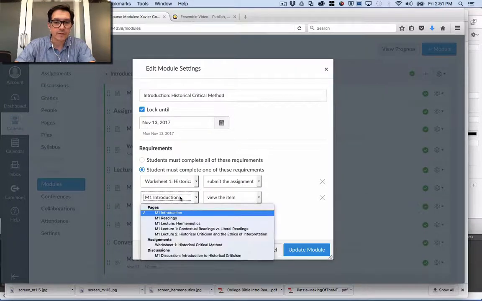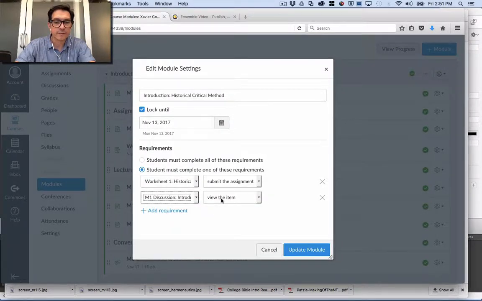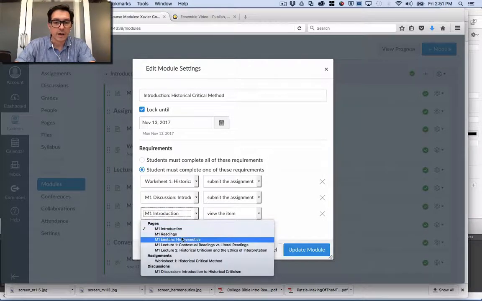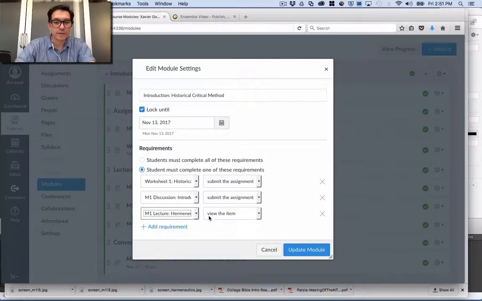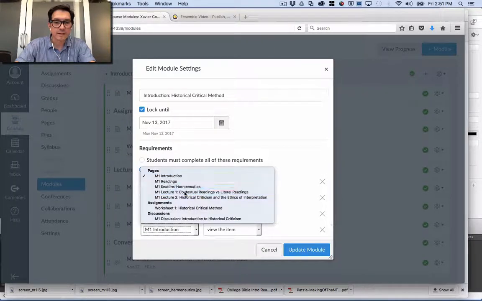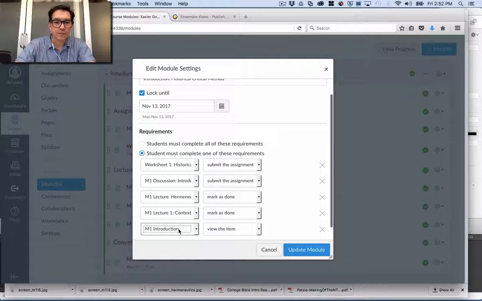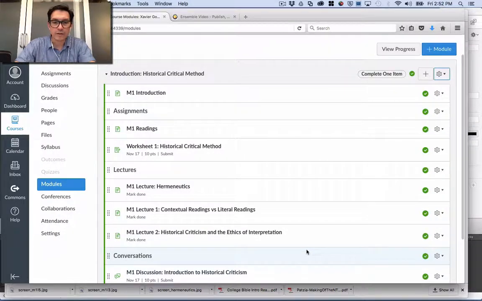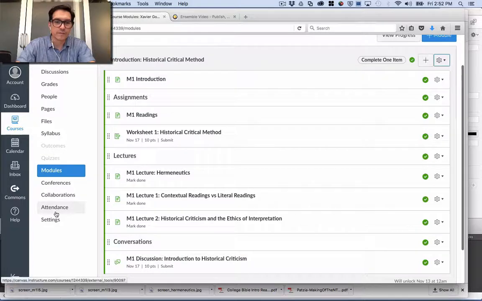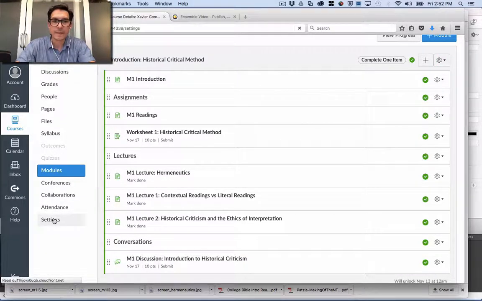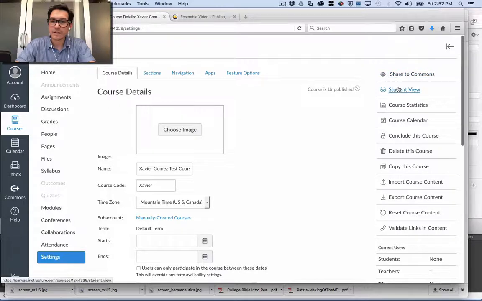I also want them to complete the discussion forum, submit the assignment, and let's see if there's another thing that we want them to do. Lecture on hermeneutics, so mark as done. Mark as done. And then one last one. Mark as done. And I'll show you what that looks like in the student view. Click Settings, go to Student View,